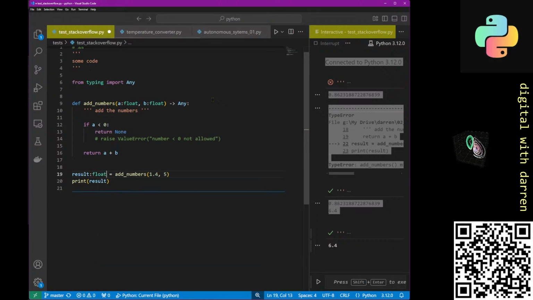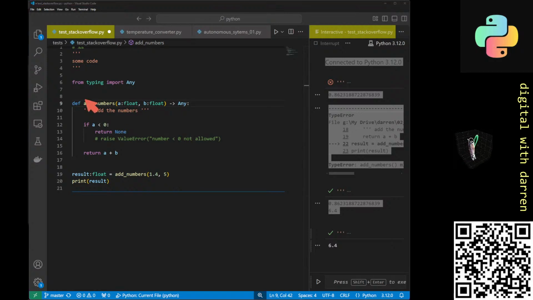And that puts it all correct again, because anywhere later down in the code, I now know that result is of type float. This is an example of where you just about get away with it, because here on entry,